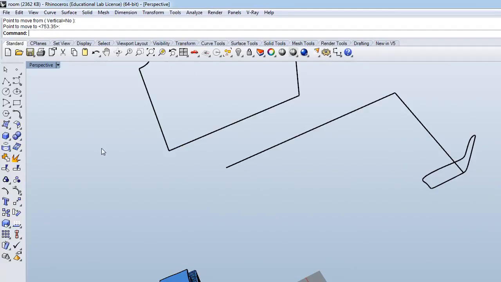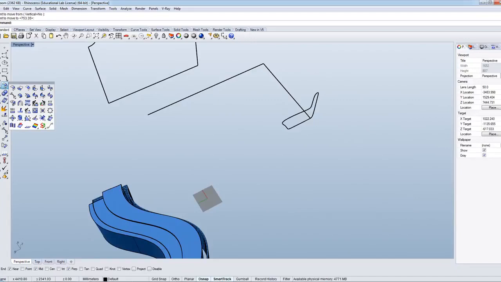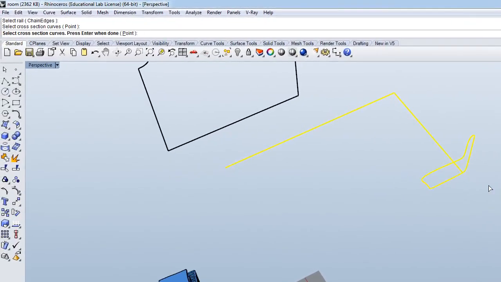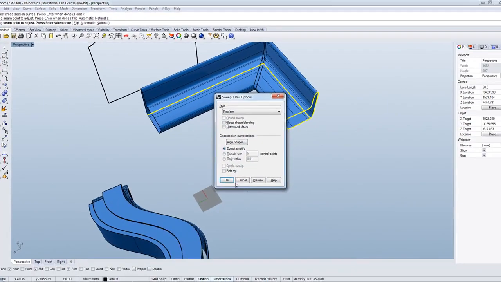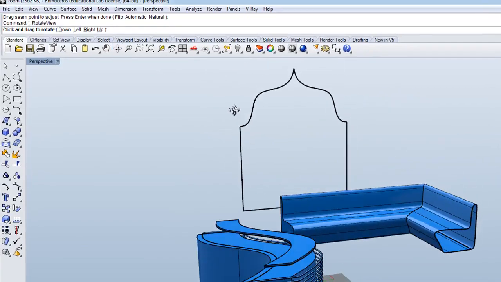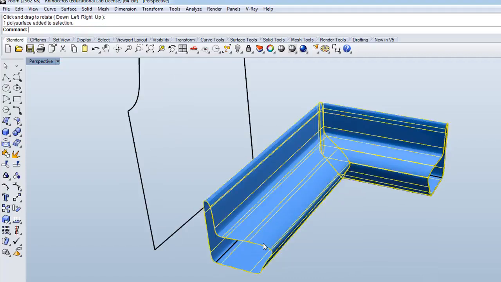So let's do a one rail sweep. Select the tool, sweep one rail. Select the rail, select the cross section, press enter and just say OK. So this is a sofa, but it's hollow on either side. So I need to